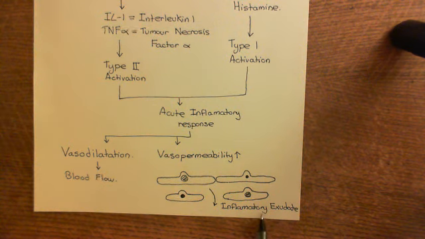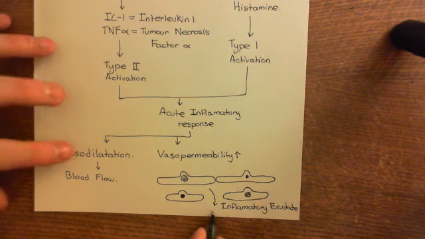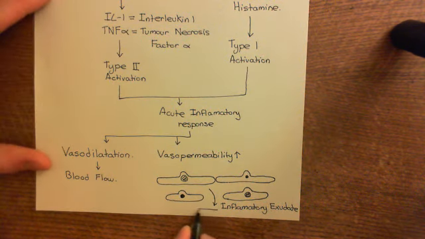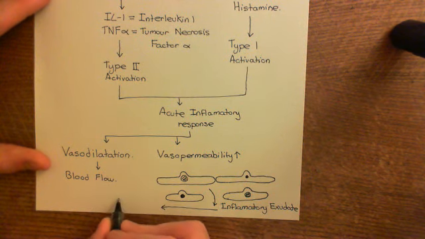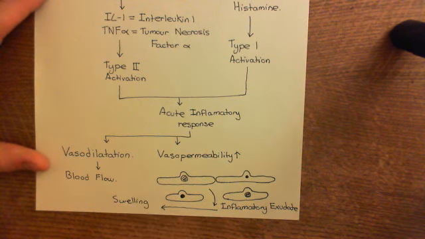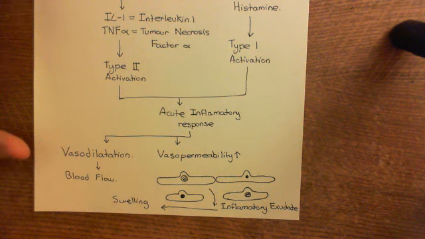This inflammatory exudate is going to firstly cause the swelling of the synovium, and also it's not just going to remain in the synovium, it's going to spill into the synovial fluid, and it's going to cause swelling of the synovial fluid. So you're going to get swelling of the synovium and swelling of the synovial fluid, which will lead to swelling of the joint. In addition, it contains all sorts of proteins from the blood, which we'll discuss in a moment,